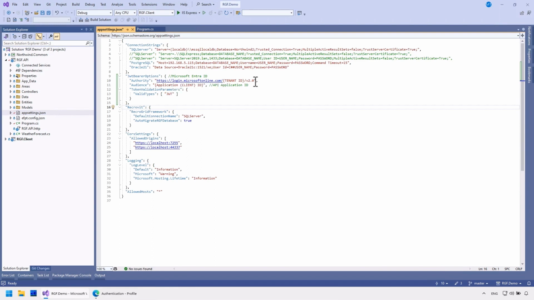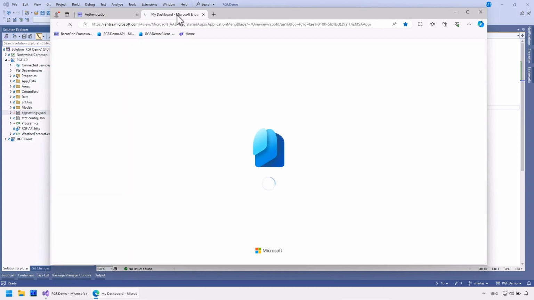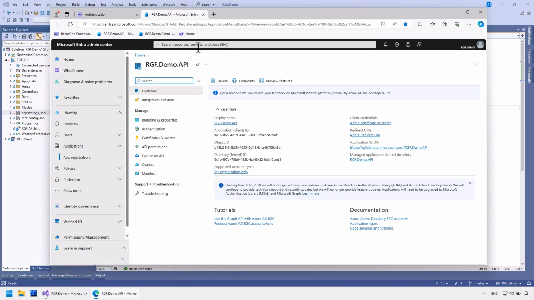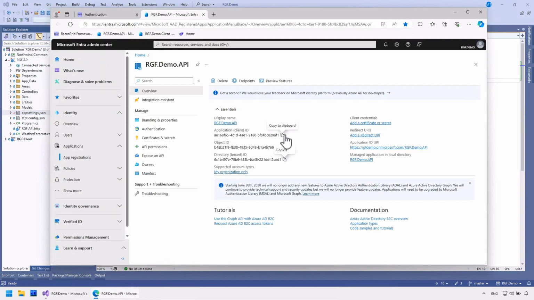Here, I need to provide the tenant ID, which I'll copy from the previously set up app registration. This will be it. And this is the application ID.